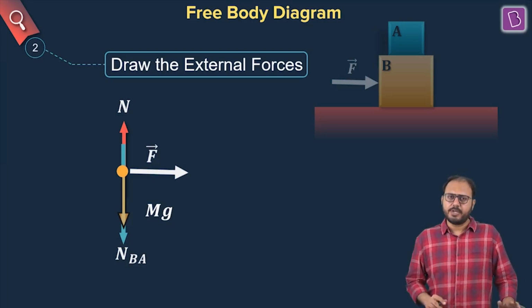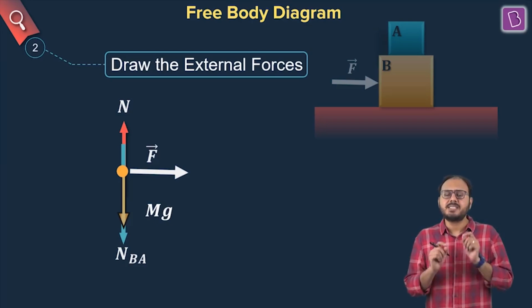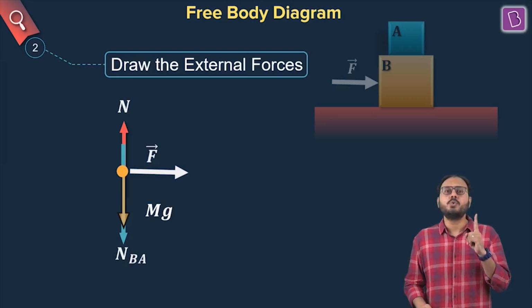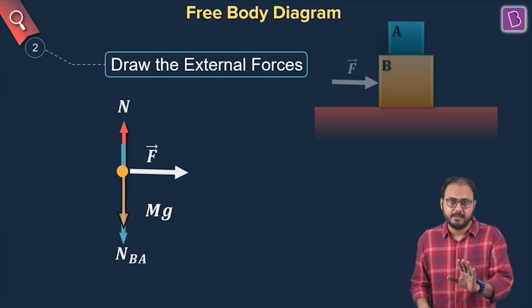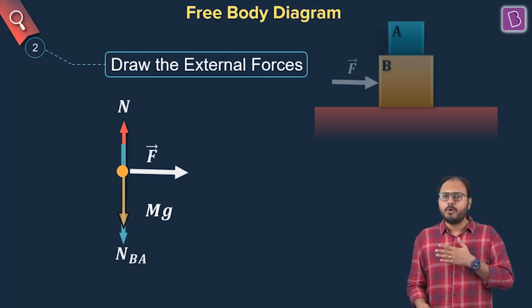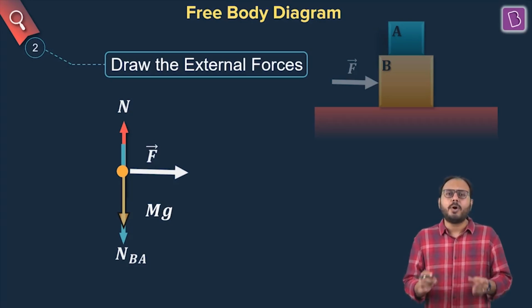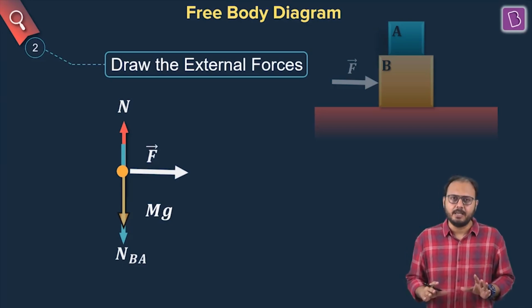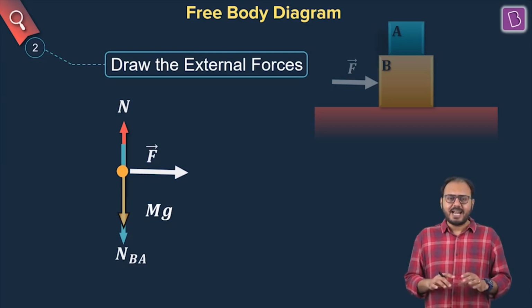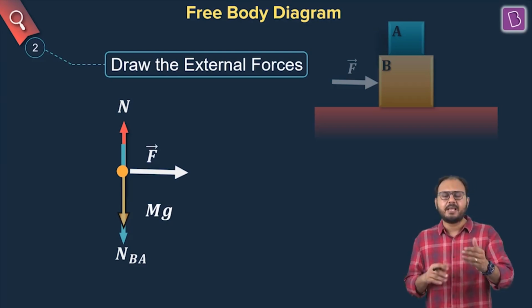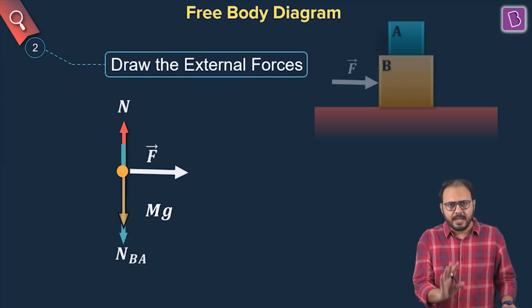When we are solving questions, we don't have such obligation. But if somebody asks you, what is the first step to draw an FBD? First step is to isolate the free body and draw it as a point. We will not be following that too strictly because I don't want to draw a point and reduce my clarity. The only reason I prefer B as a block is that I want it to look bigger and clearer for you. Is that okay?